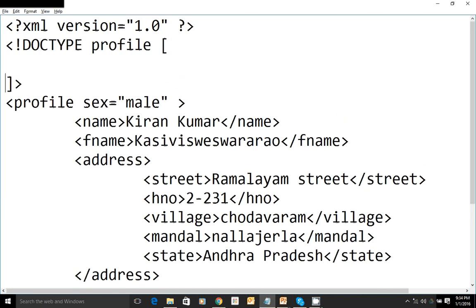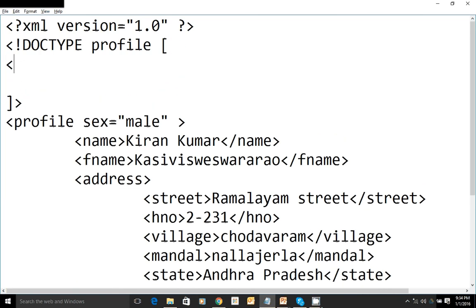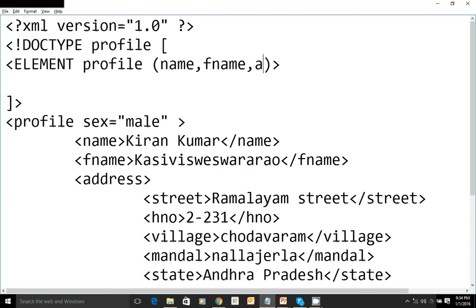Here we are going to define everything. The first element is profile. Profile has some child elements: name, fname, address, and of course working.